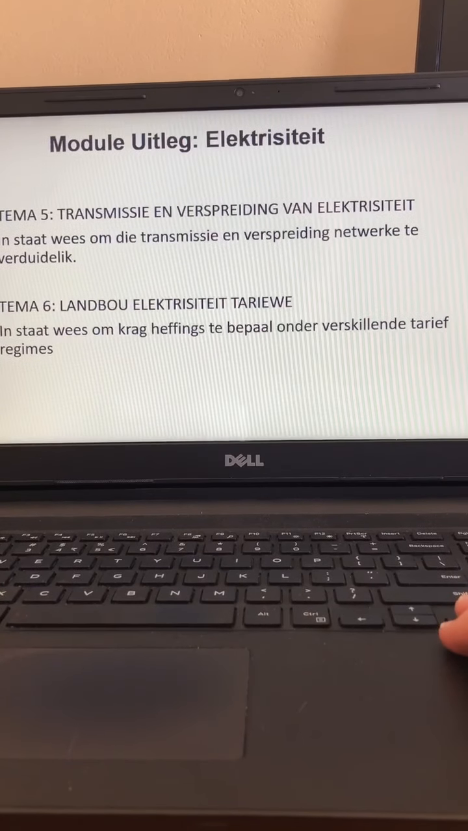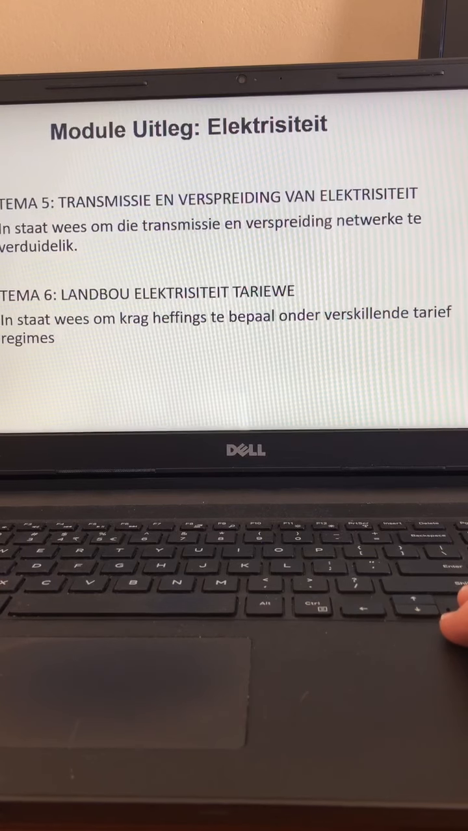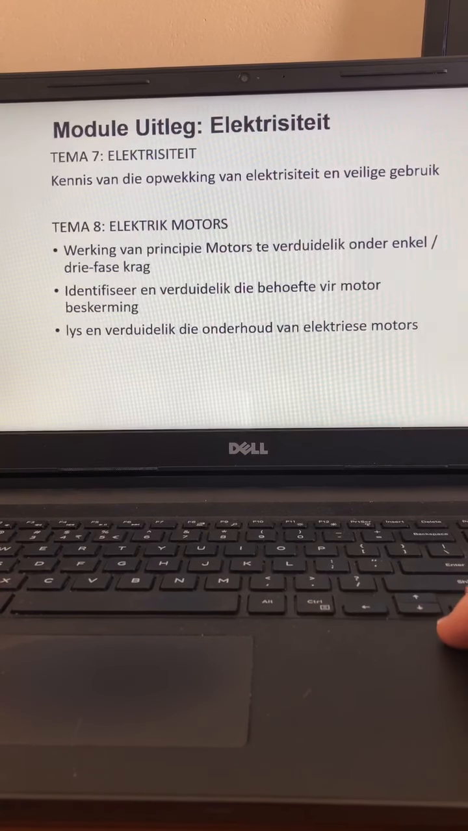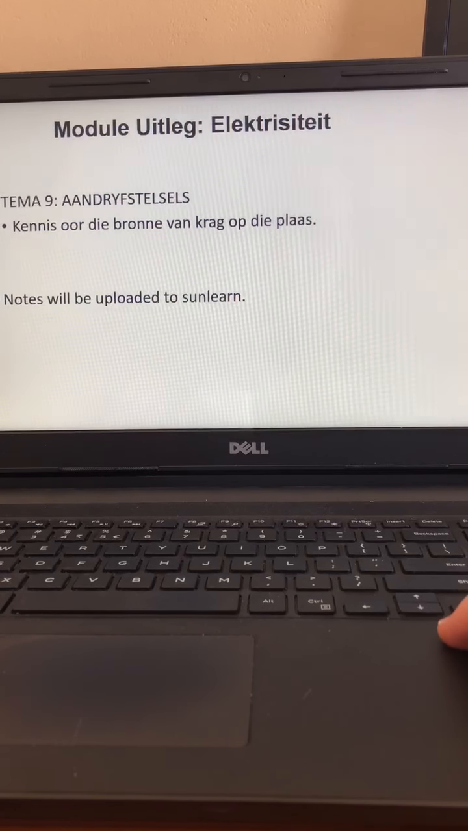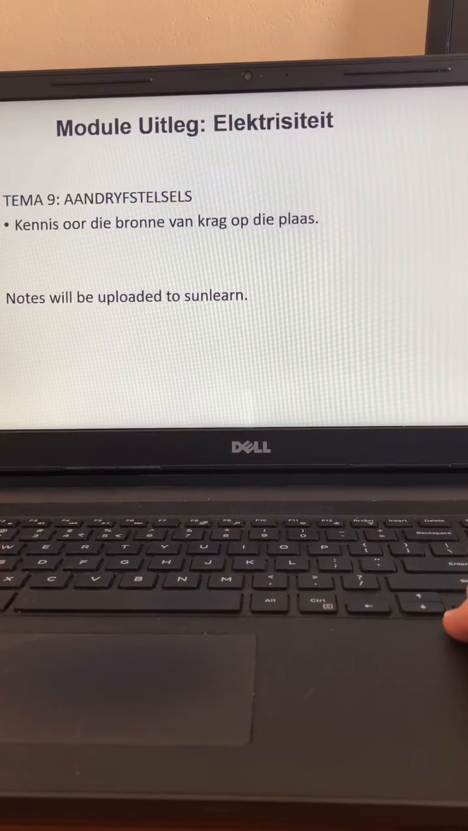Then the last part of this module will be about electricity, and calculating how much electricity to use. And that will be this lecture and just your short